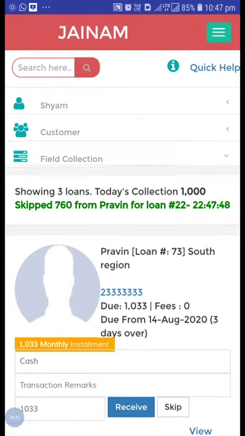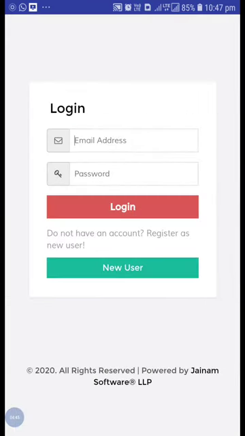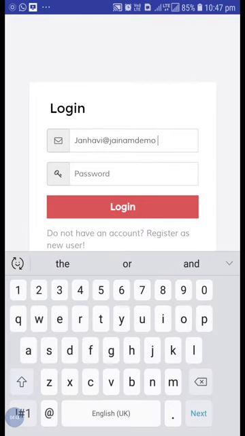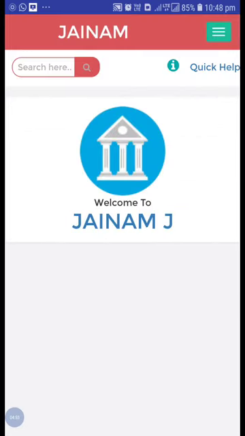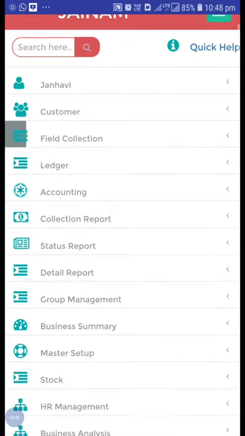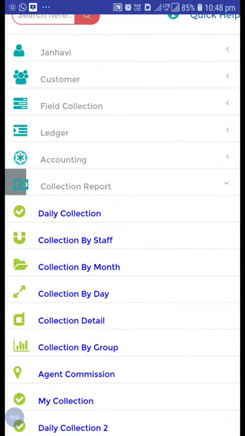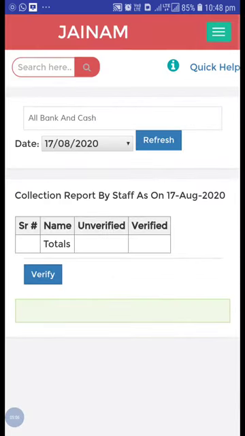Now sign out from here and log in to the admin profile. Now go to the field collection report and to the collection by staff.